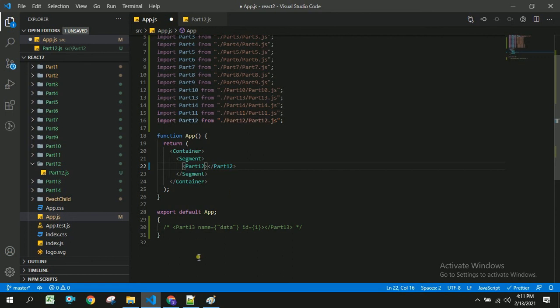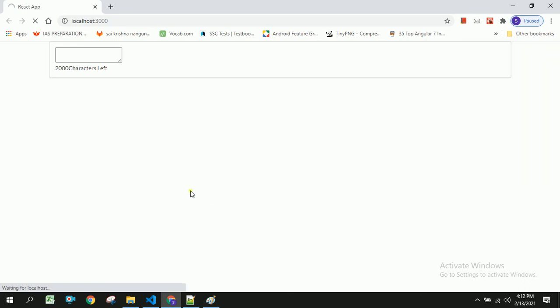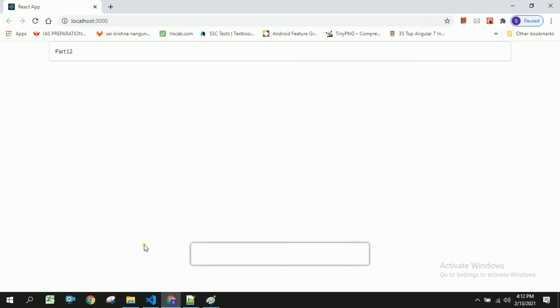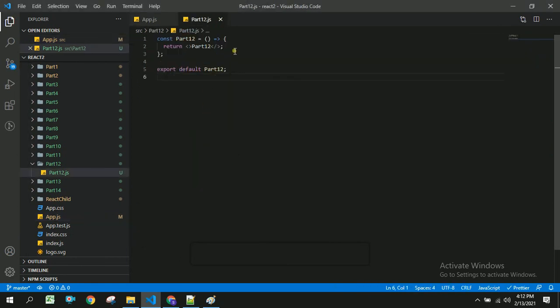So let us save this and check whether we are able to get part 12 or not. So we are able to get this from our component.